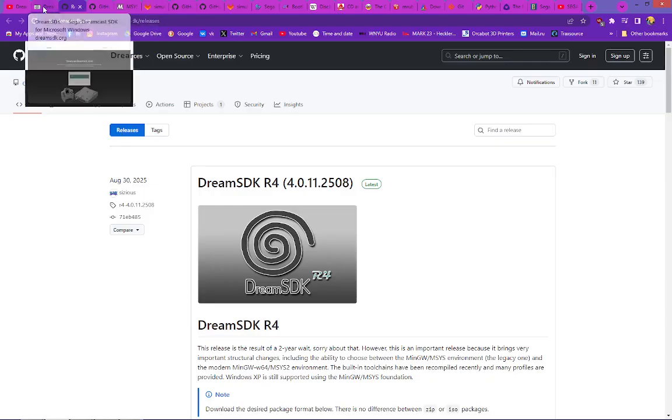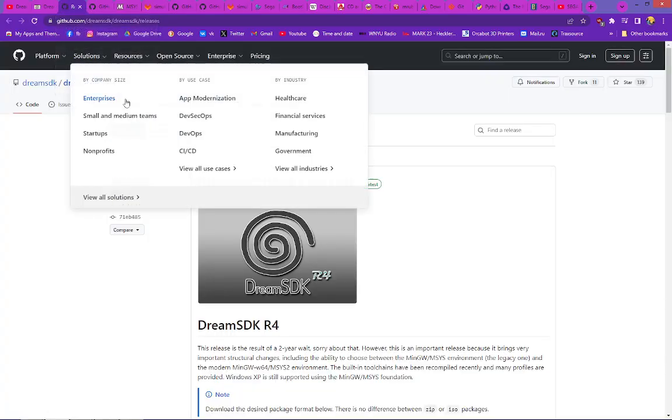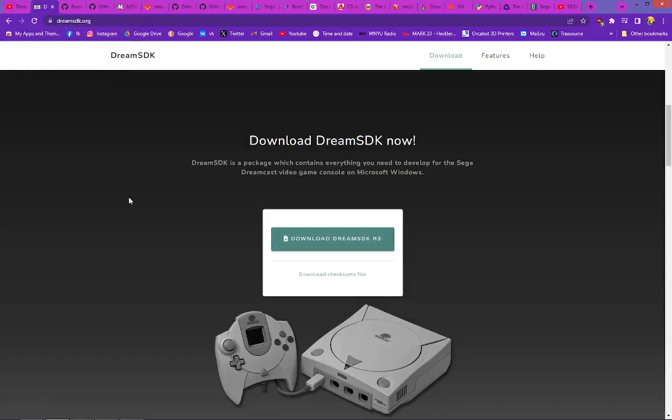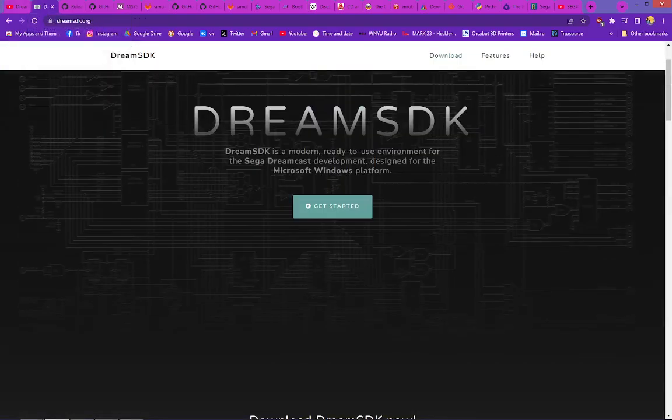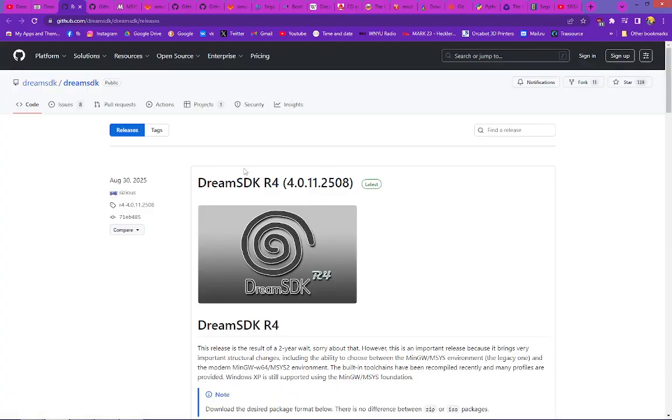Okay, so make sure you head to this site and download R3 or R4, and you go to the GitHub if you want R4. It doesn't seem that they updated the website, so you scroll down and you could download R3 right here. If you want to use R4, you go to the GitHub link and you download Dream SDK R4 right here. Okay,